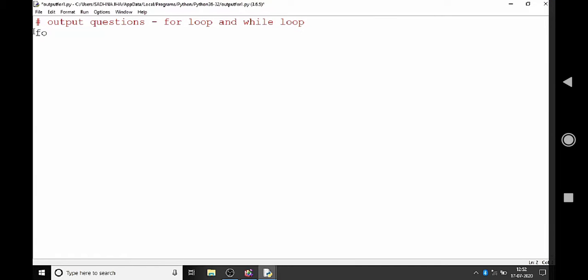Suppose I say for i in range 10, 50, 5 colon, print i. I will save this program and then run it.